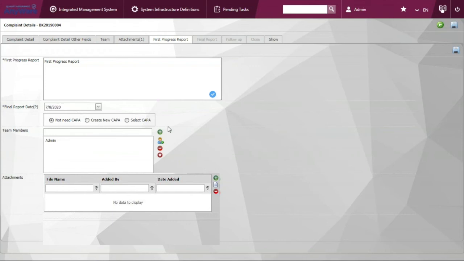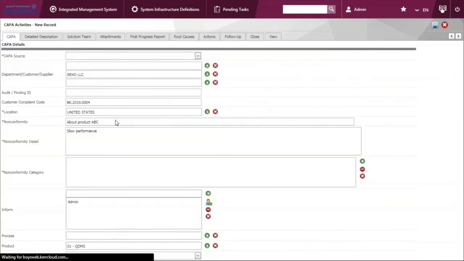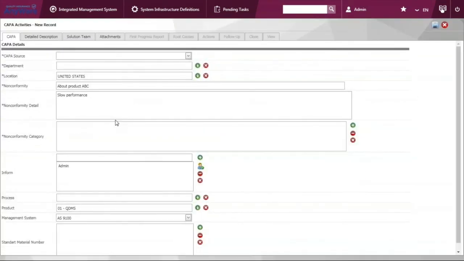And right here, you can create a new corrective action or pick an existing corrective action if needed, and you will be led to create the corrective action, as long as CAPA, regarding this particular complaint record.